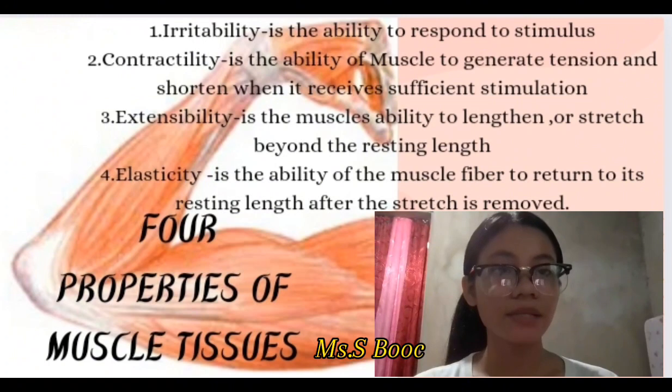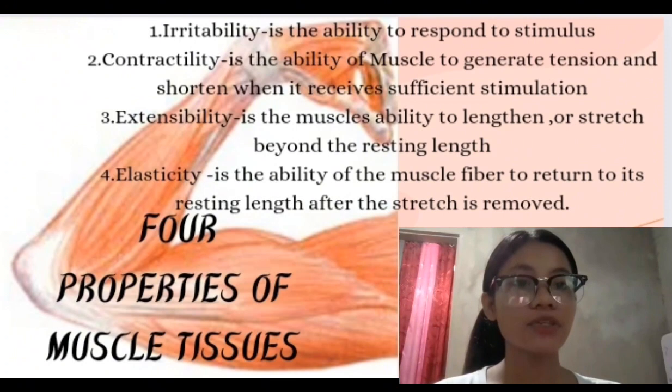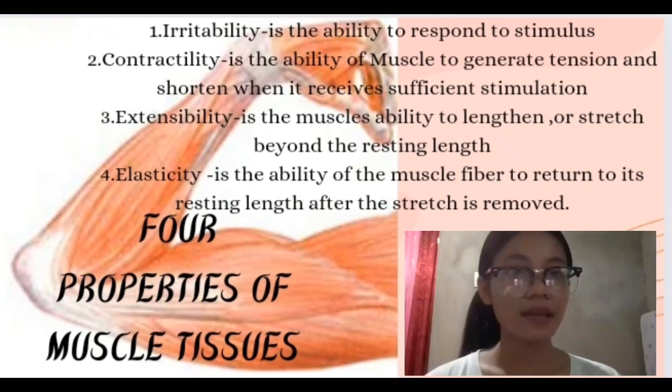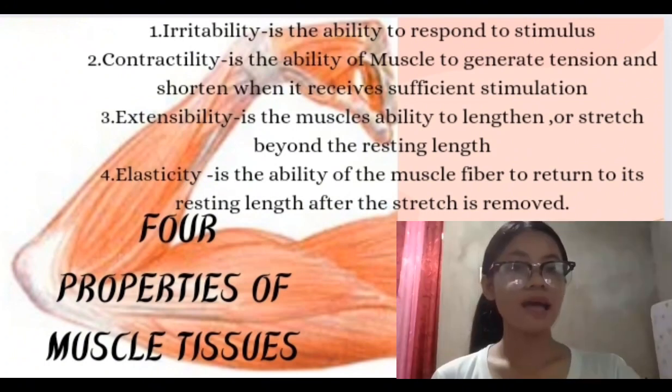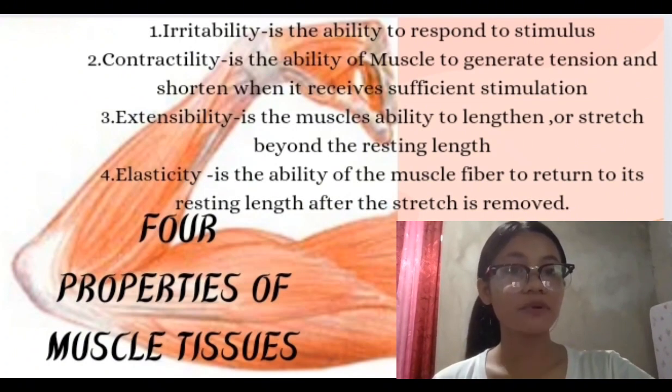First is irritability, which means capable of receiving stimulation and responding to stimulation from nerves. Second is contractility, which allows muscle tissue to pull on its attachment points and shorten with force. Next is extensibility, which means the ability of a muscle to be stretched or extended. And the last one is elasticity, which means the ability to stretch a muscle and reach its full range of